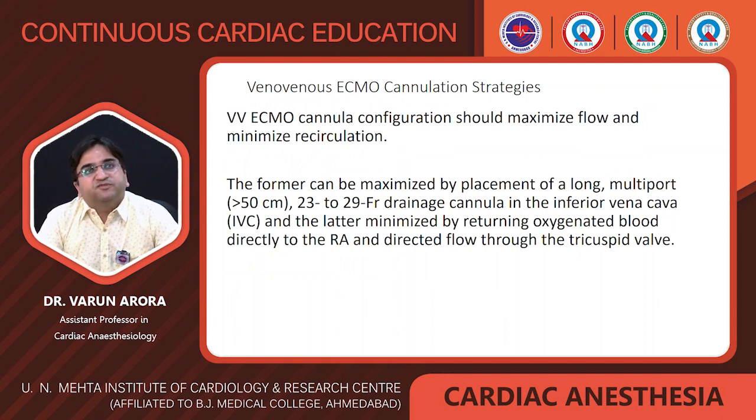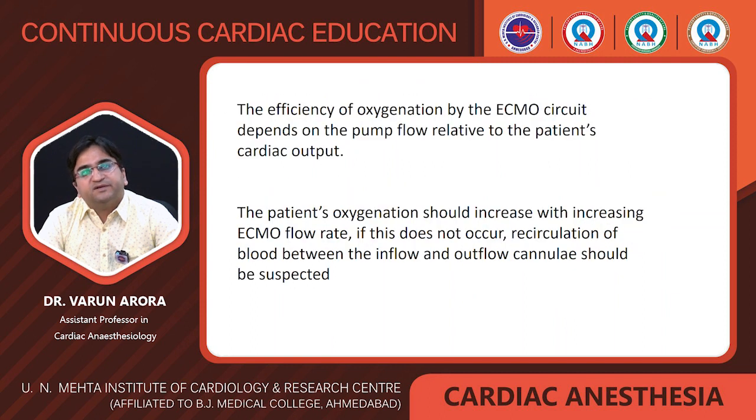The VV ECMO cannula configuration should maximize the flow and reduce recirculation. This recirculation is mainly seen in VV ECMO. To maximize the flow, this can be taken care of by placement of a long multi-port drainage cannula, more than 50 cm and 23 to 29 French, in the inferior vena cava. Recirculation can be reduced by returning oxygenated blood directly to the RA and directing flow towards the